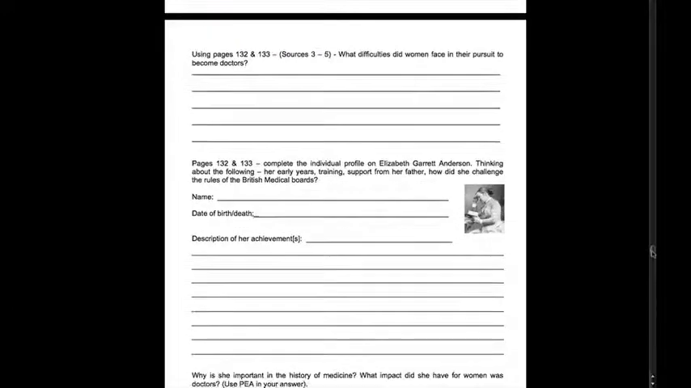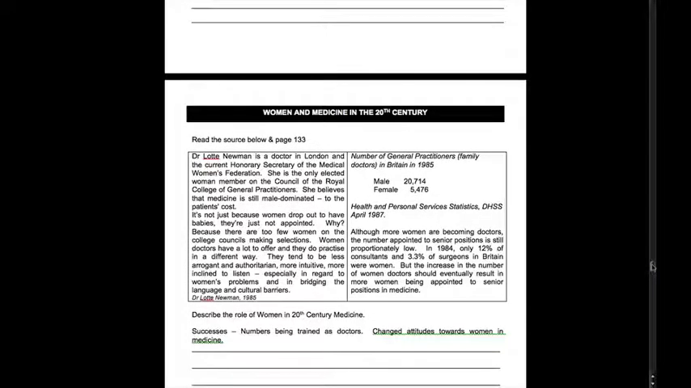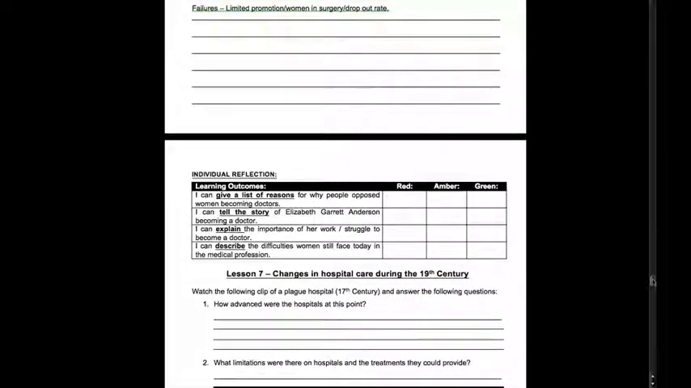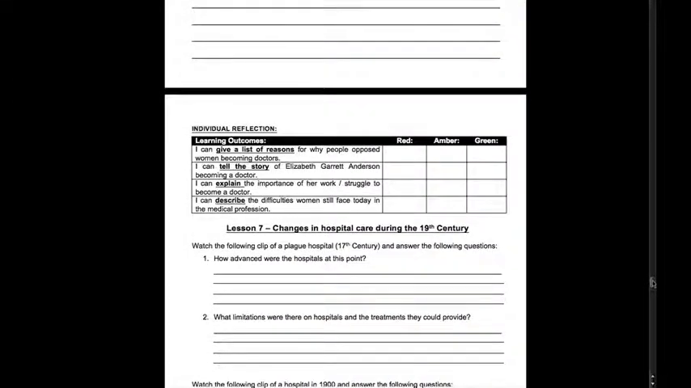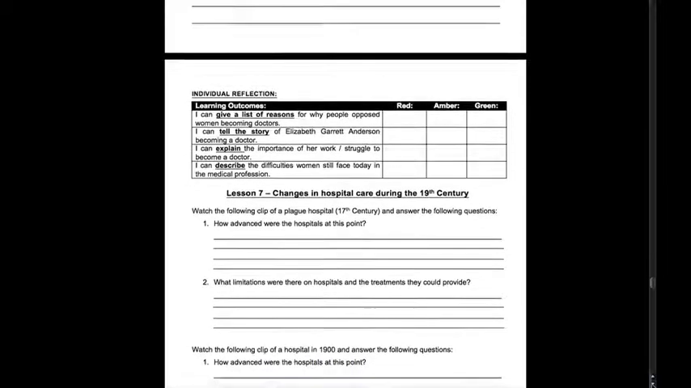Complete the biography of Elizabeth Garrett Anderson. And one paragraph, please, PEA, on why she was important. Then an overview of women and medicine in the 20th century, considering the factors as to why women increasingly play a greater role. Then, for all the developments in nursing